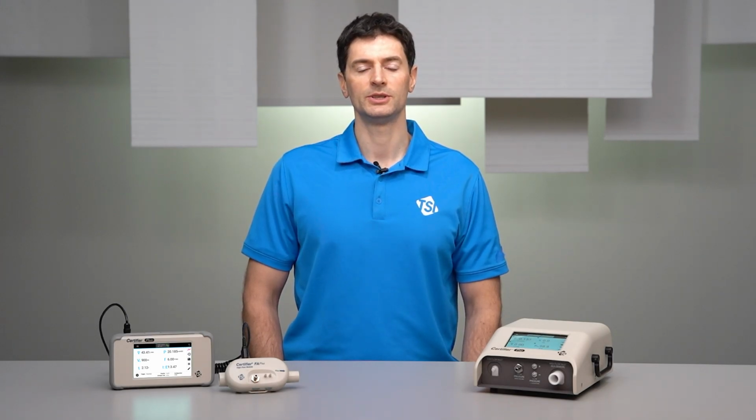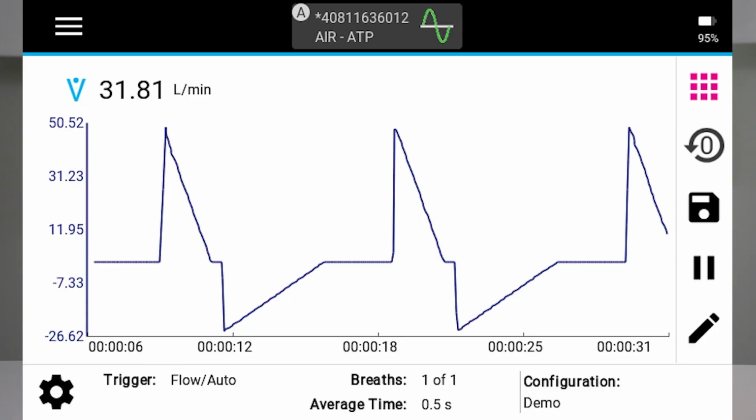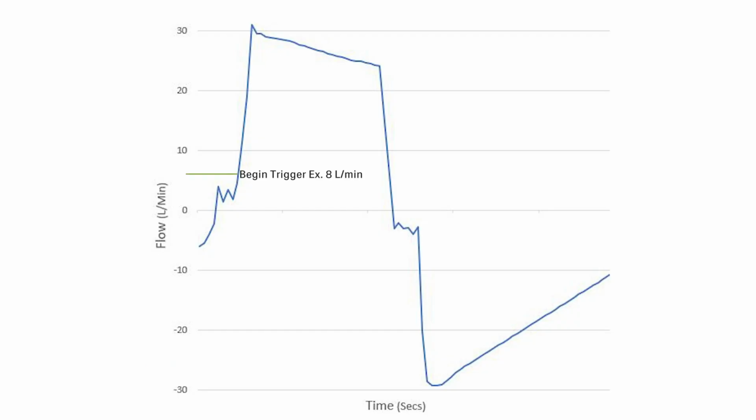If the flow auto triggers are incorrect or inconsistent, then it's recommended that you switch to using manual flow triggers. To determine your manual flow trigger values, plot flow rate on the graph and observe several breath waveforms. For robust triggering, be sure to set a start trigger value that is greater than the end value. As a helpful tip, try setting a begin trigger value above any flow or pressure signal noise that may be present in the waveform, and set an end trigger value below any signal noise.